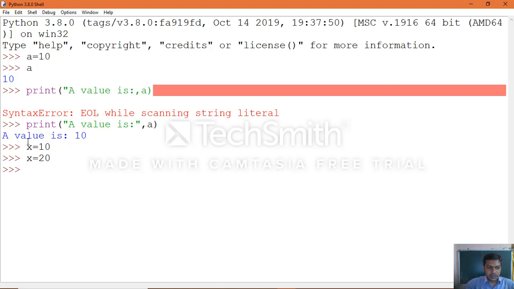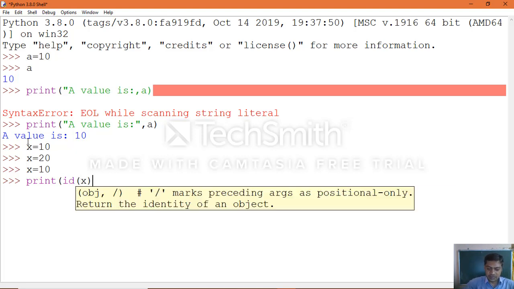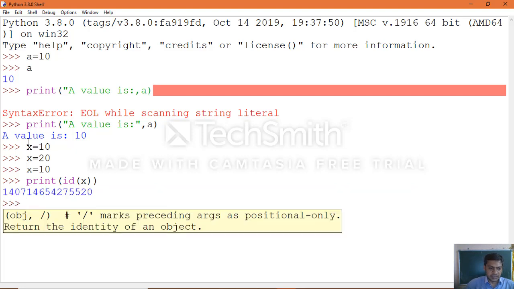First check the identity of each variable. For example, x equal to 10, then to check the identity of this value, we use the predefined function id of x.